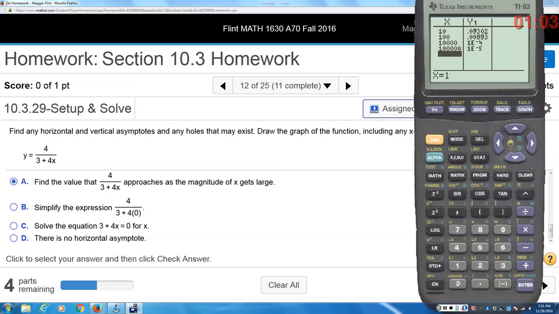What if it's 1,000,000? What if it's 100 million? What's happening to the value of y? What is this? What's that answer right there really? 0.0004, or 1, I'm sorry,